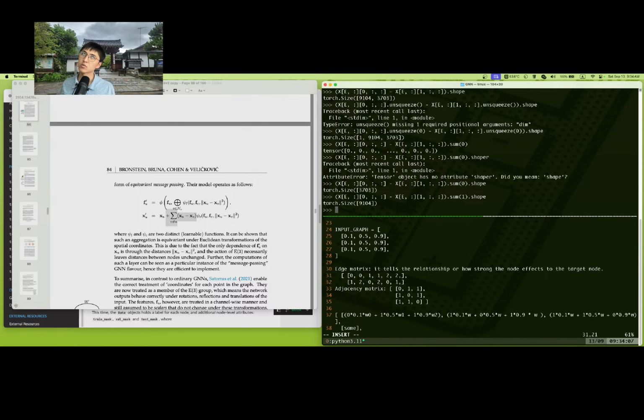If I use index 1, I am summing all features of a certain node. I think the second one makes sense,